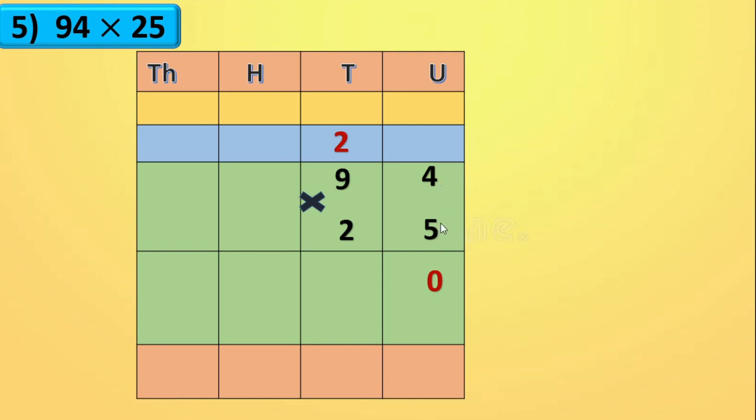Okay, now 5 fours are 20, 2 here. Okay, then 5 nines are 45. 45 plus 2, that is 47, isn't it? Okay, 4 will be carried over to hundreds place. Now nothing is there, so we will write 4 here. Correct? Now first step is over. Now we will multiply